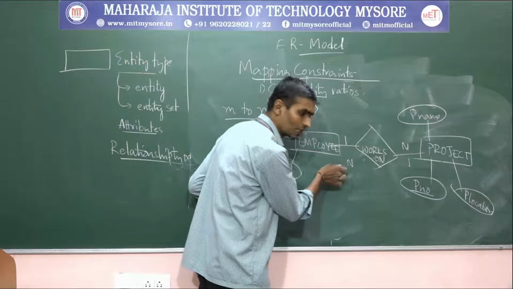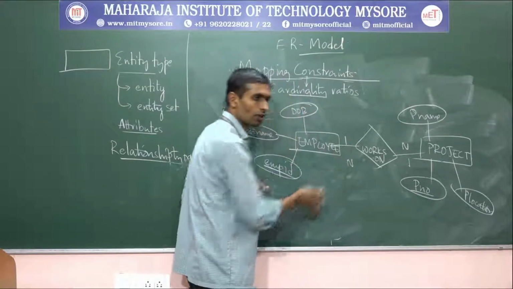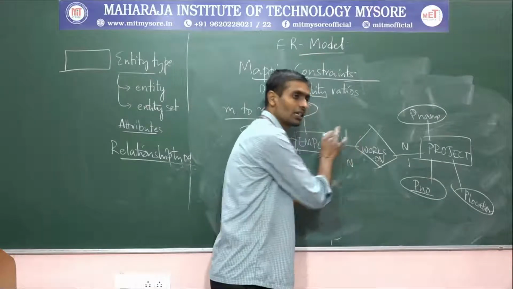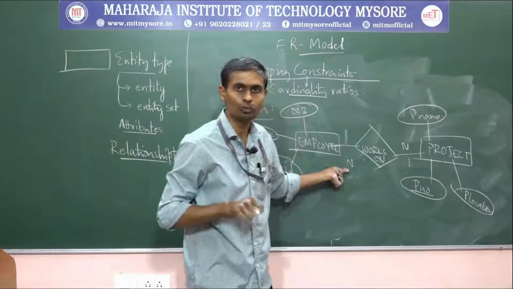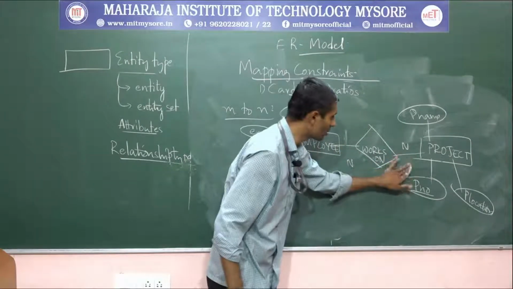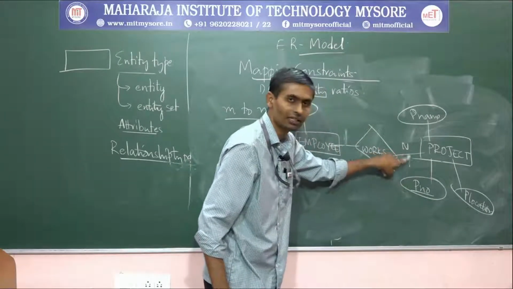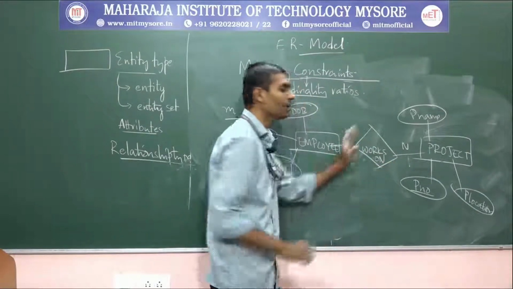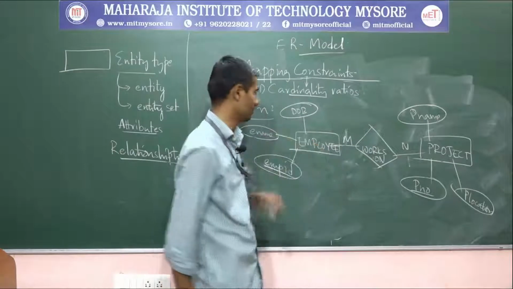And during that time, what does this n represent? Any number of instances. Any number means even one can be present in that list. So for that I'll take out this one and I'll take out here also, because this n contains even this one also. So for that I'll make it as what? Many to many. That's it.